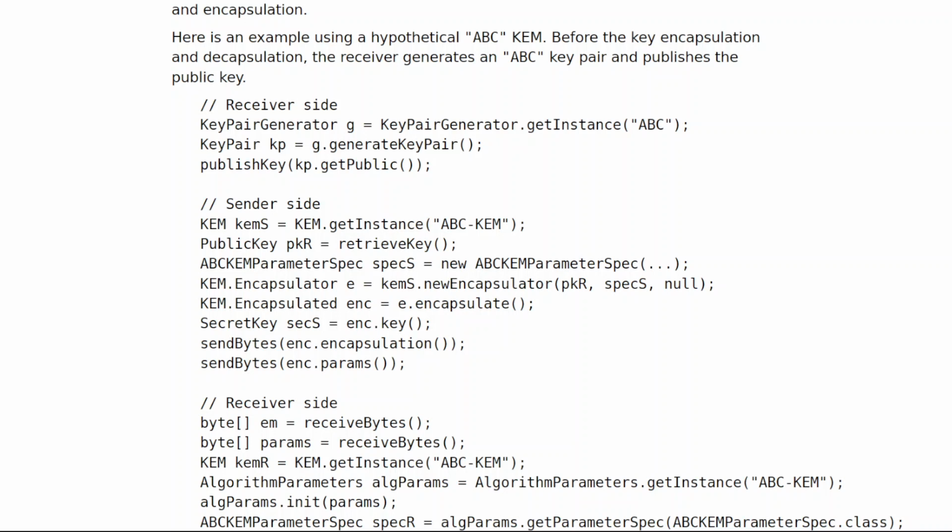// sender side: KEM kem = KEM.getInstance("ABC-KEM"); PublicKey pkr = retrieveKey(); ABCKEMParameterSpec specs = new ABCKEMParameterSpec(); KEM.Encapsulator e = kem.newEncapsulator(pkr, specs, null); KEM.Encapsulated enc = e.encapsulate(); SecretKey secret = enc.key(); send(enc.encapsulation()); send(enc.params());